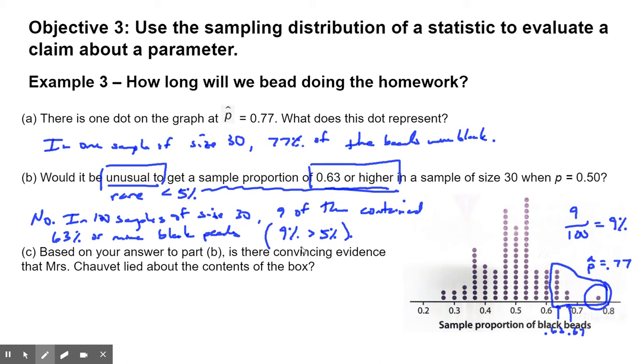Okay, so now based on your answer to part B, is there convincing evidence that Mrs. Chavez lied about the contents of the box? When your percentage is more than 5%, you don't have convincing evidence. No, there is not convincing evidence